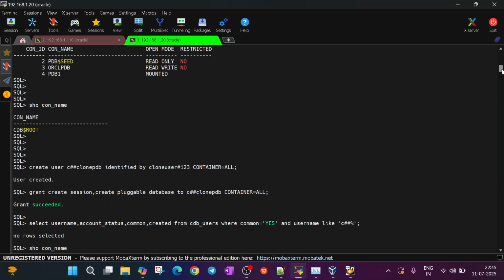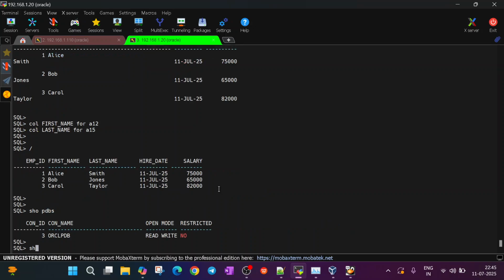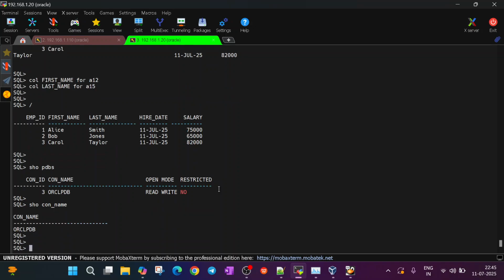As you can see, we had created the user on the source server. So we need to connect to the source PDB. We are already connected in the source PDB, that is ORCL PDB, and because the table exists inside this source PDB,